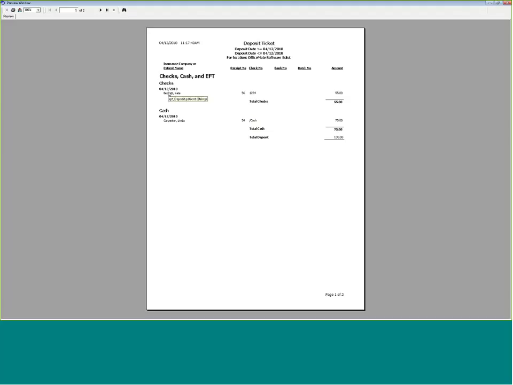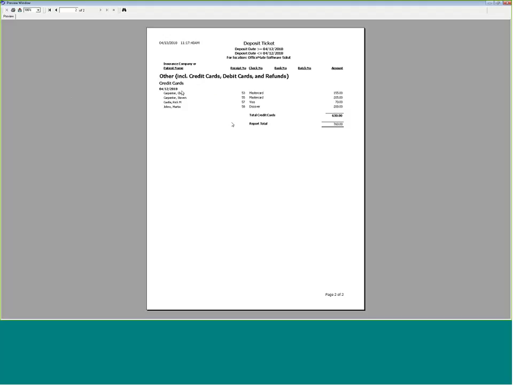So it's going to show me how many checks I brought in, who the patients were, what those check numbers were, or how they made their payments, and how much cash I brought in. And up here in the upper right corner, you'll see these little arrows. Of course, the longer your transactions, you may have a huge office or multiple stores that you're doing deposits for, and you can maneuver around those pages by using these arrows. So here's my second page, and it tells me the rest of my income revenue that I received yesterday or today's date,